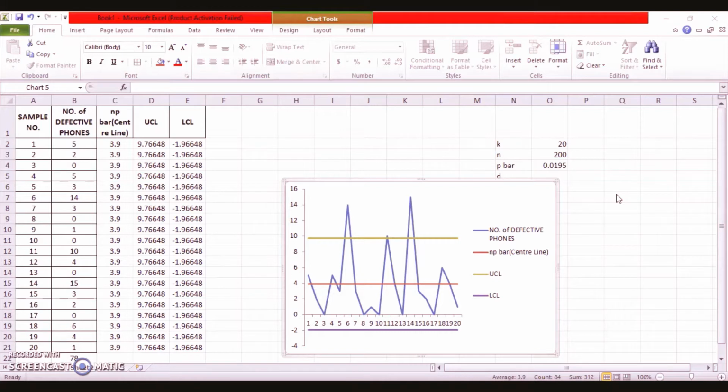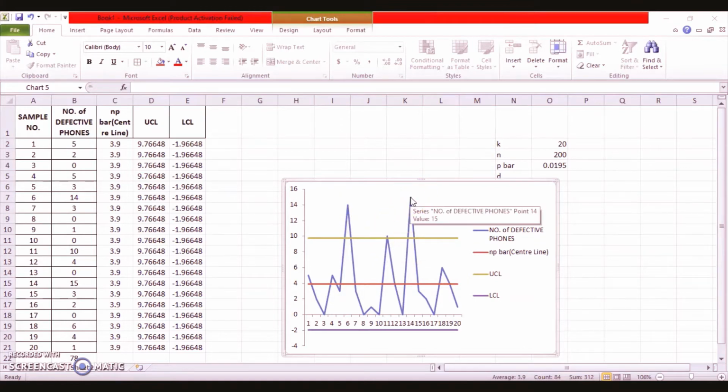Now we have to understand how to prepare a revised control chart. And in NP revised control chart we need to take some data points which will give us something like this, which you can see on your screen. So now I have taken another example in which we have already prepared an NP chart for you, and in this NP chart you can see there are 3 points which are basically showing out of control data sample points, right?